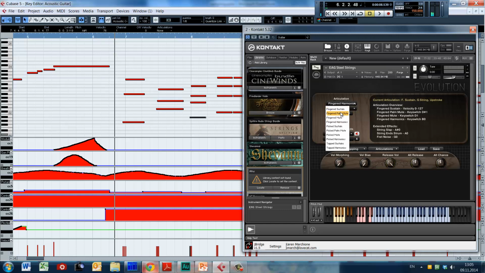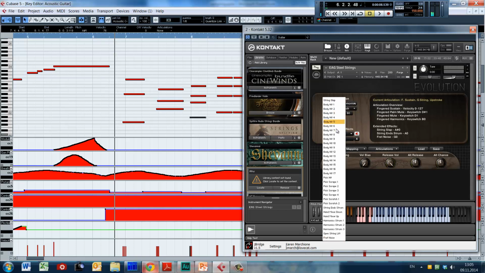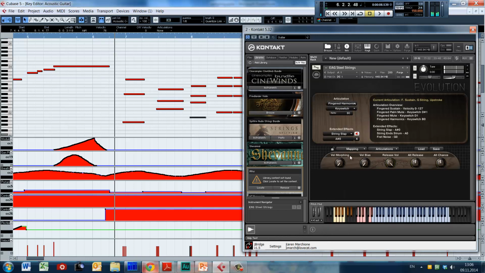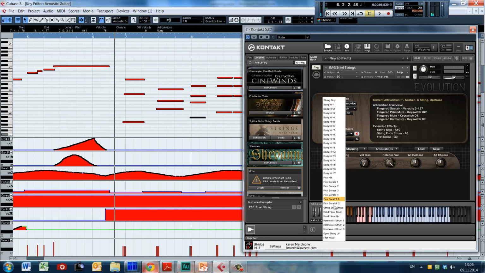I map different fingerings to different key switches, you can see it. And also you can map different effects to different key switches. I mapped, for example, string slap,